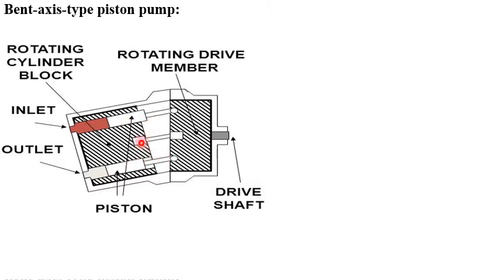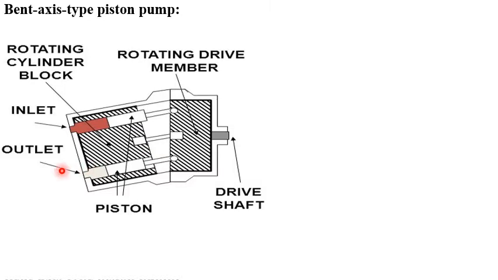These pistons are forced in and out of their bores as the distance between the drive shaft flange and cylinder block changes. And a universal link connects the cylinder block and the drive shaft. See, universal link, universal joint, to provide alignment and positive drive.